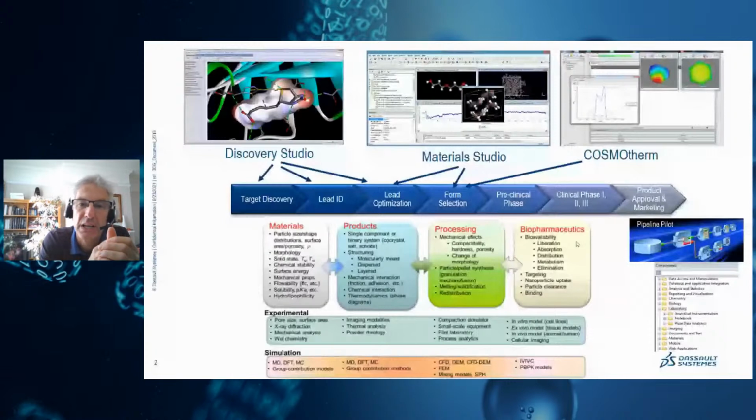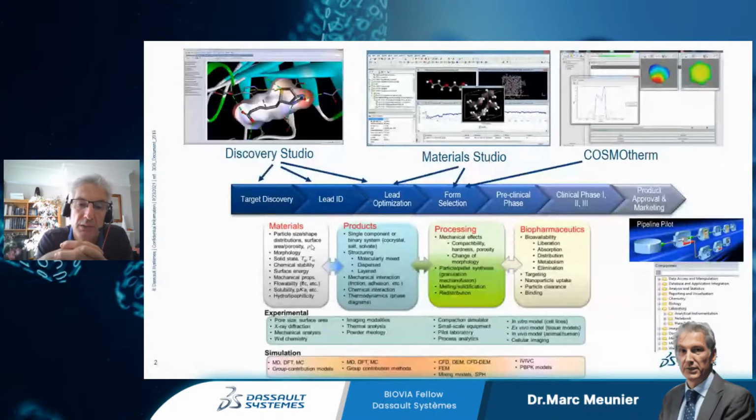So what do we do in those 3, 4, 5 years of pharmaceutical development? We try to characterize the active. We're trying to predict its crystal shape, its morphology, and very importantly, we try to assess its solubility and the stability. Solubility, because that is very important for the bioavailability of the drug in the human body, and stability because you have to package this API with excipient, and it has to stay together.